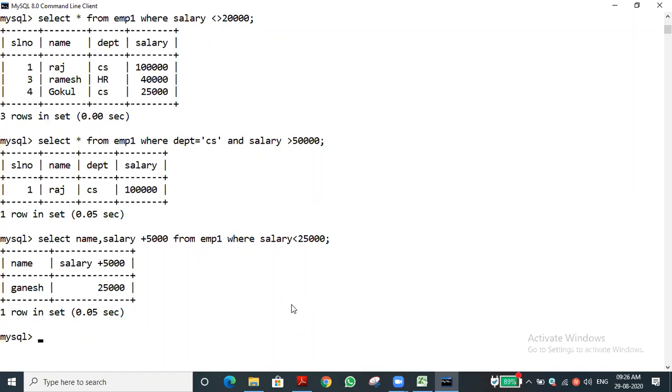Have you understood that? Yes, sir. This is the way we are saying it is procedural DML and non-procedural DML. DML means data manipulation language. Here we are doing the manipulation over the salary. Actually, the salary amount was 20,000. We are adding some operation, isn't it? That is called manipulation. So this is data manipulation language.